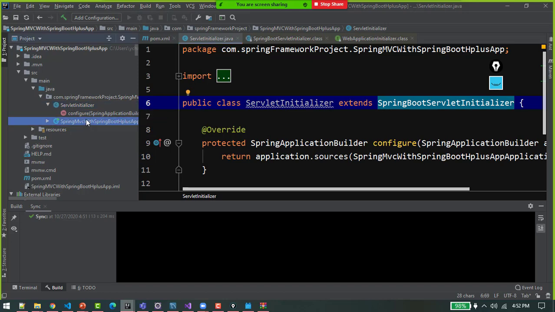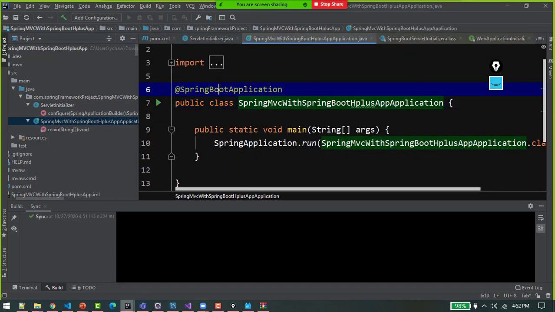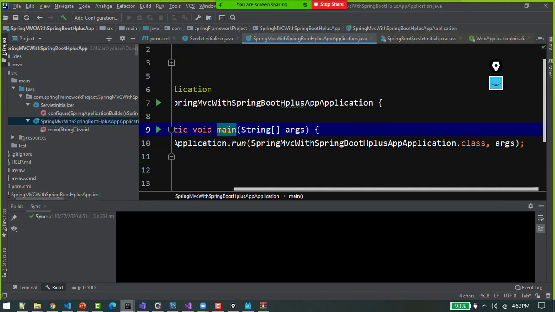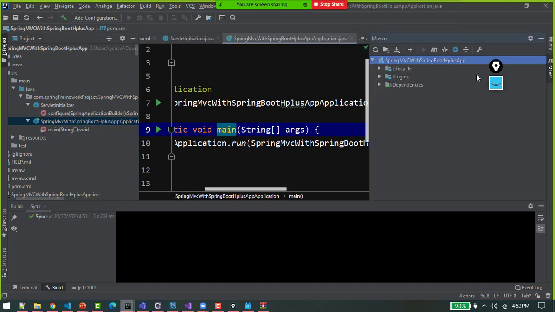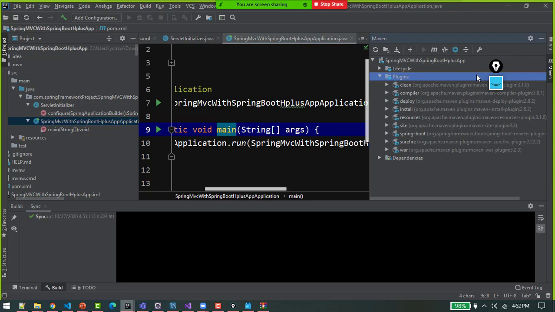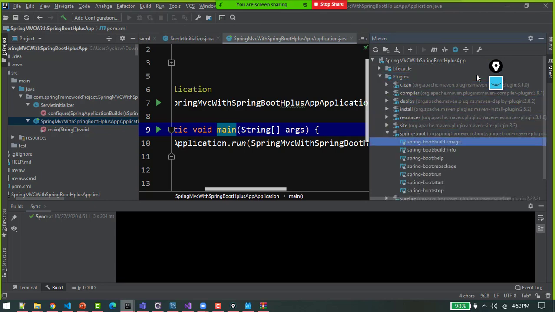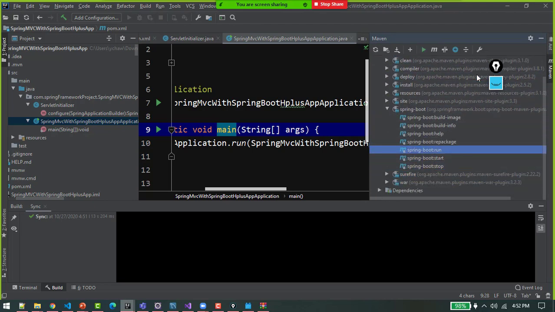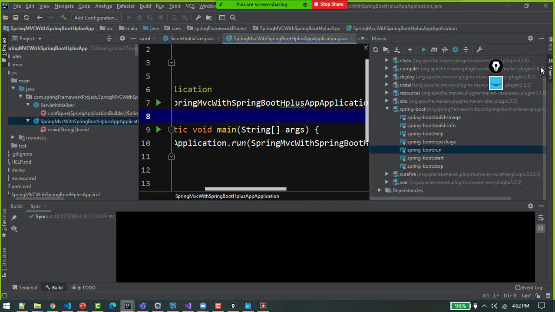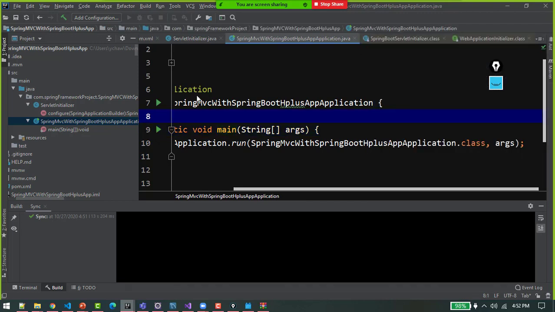And our project will run because of this very class, which has SpringBootApplication on top of it. Run method is there as part of a main method. To create a project, to deploy a project is very easy because we have added the Spring Boot plugin, Tomcat. So all I need to do is spring-boot:run. But there are other things that I have to mention.